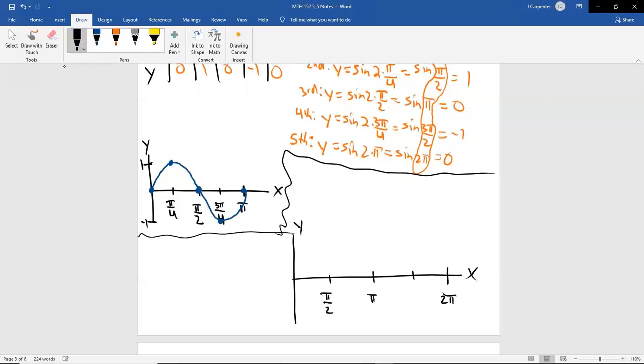And I'll make this 3 pi over 2. Then I want to have heights of 1 and 2, and then negative 1, negative 2. But then I'm also going to go from 0 to pi with those 4 values. So pi over 4 needs to be labeled. And then 3 pi over 4